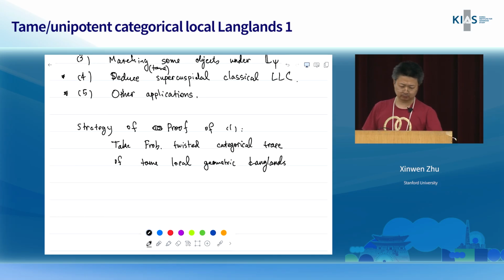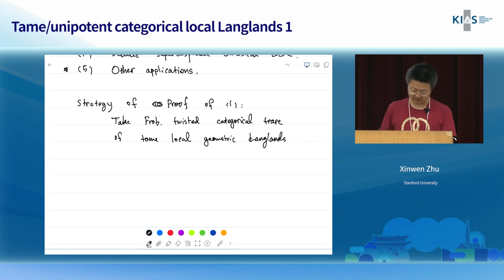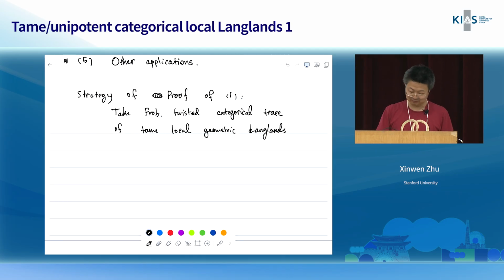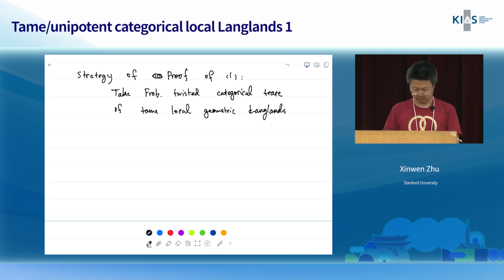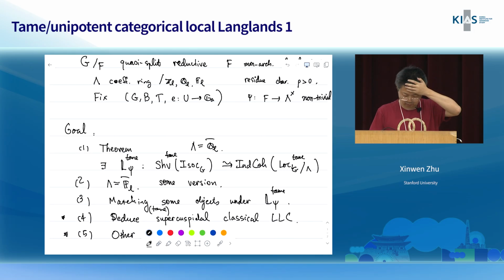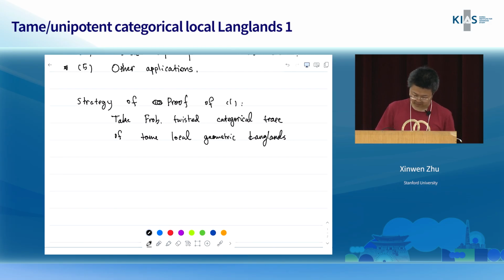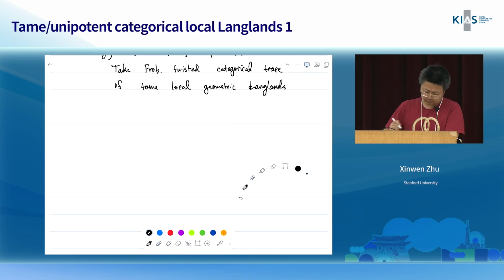the idea was already there for more than 10 years. When people started to work on these things, it already appeared about 10 years ago, and it took some time to really make it work. Actually, at that time, even the formulation of categorical local Langlands hadn't been there yet, but there was some idea, and it took some time to make everything precise, and in particular to work with this Isoc or some infinite dimensional geometric object. You need the appropriate foundations to do that. So that's the idea,